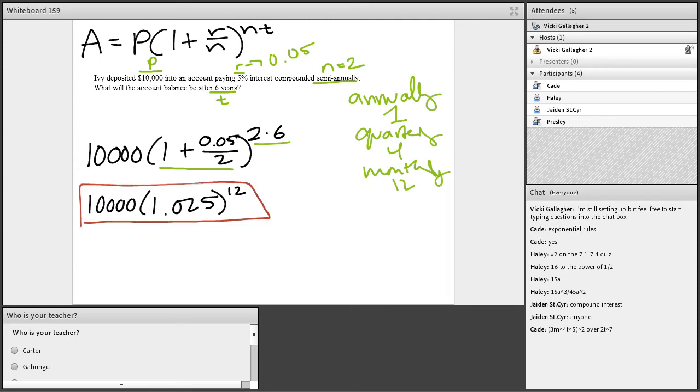You can type it in exactly how it looks. So when I'm typing this in my calculator, I do 10,000 parentheses 1.025 close parentheses to the power of 12 equals. And then this is a money problem, so you have to have 2 numbers after the decimal. So the answer is